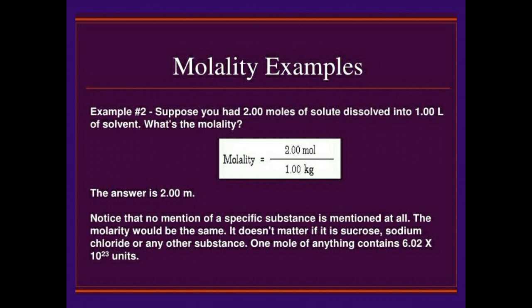So with the help of the formula, we can calculate the mass also. If the volume is 1 liter of solvent, the mass we will also consider as 1 kilogram. So molality is equivalent to the number of moles upon mass of solvent in kilograms. So it will be 2 upon 1, that is 2 m. Small m is the unit of molality.